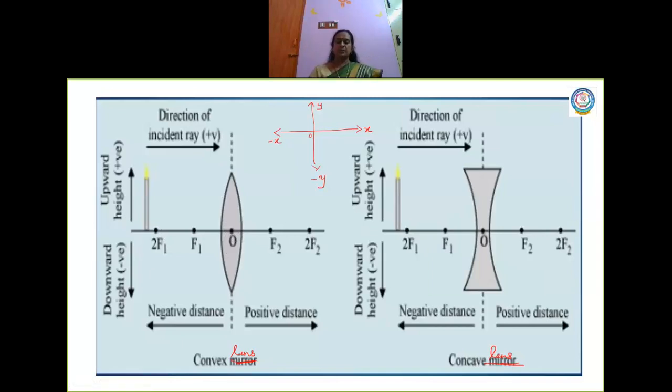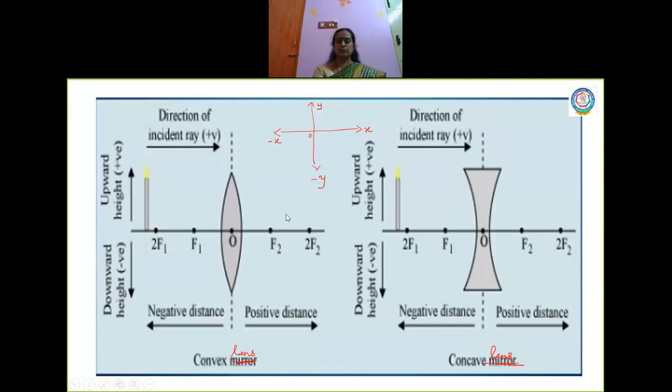Now where do you keep a source always? A source is always kept to the left side of the lens. And from this you consider a ray of light. Now the direction of the ray of light is from left to right. Look at this cursor moving left to right. It is considered to be the direction of the ray because a ray comes from the source. So this is the direction of the ray.